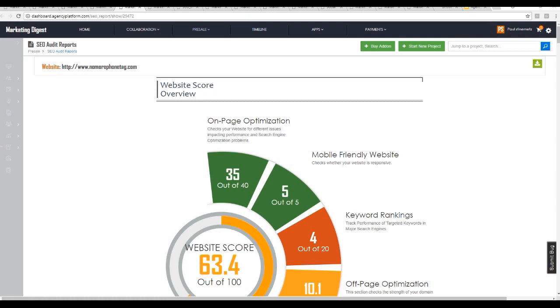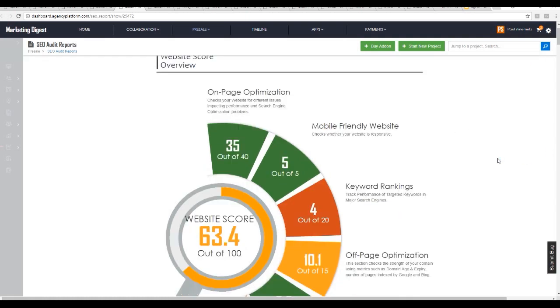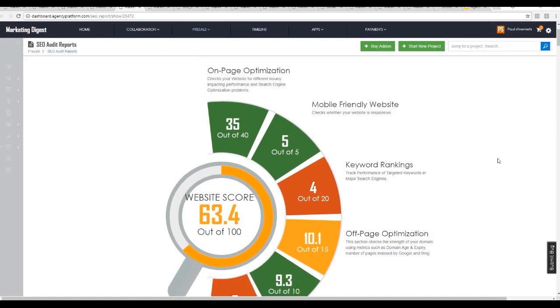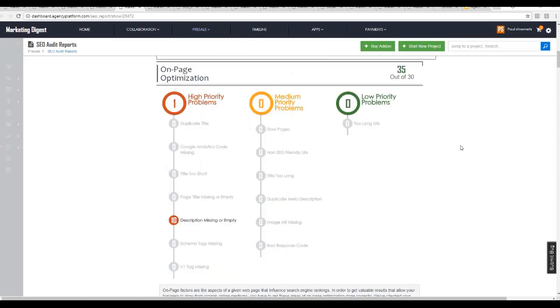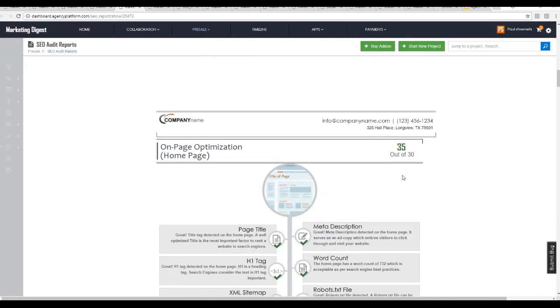It should help to convert your lead, as establishing trust through intelligence is one of the top strategies for consultative sales. Following accordingly, the SEO audit report allows you to score the website. Your lead probably doesn't know a lot about on-page or keyword rankings or off-page optimization, but they will understand a score of 63 out of 100, and that's bad. That's a score of a D. So what's their score for ranking in Google? They are a D. Furthermore, the report breaks down their issues into high priority, medium priority, and low priority issues,